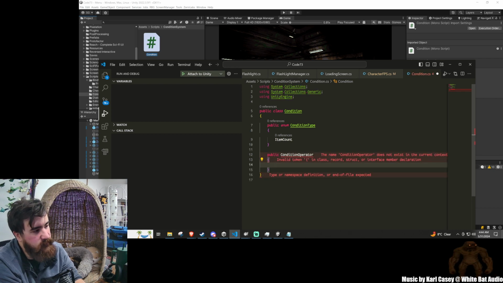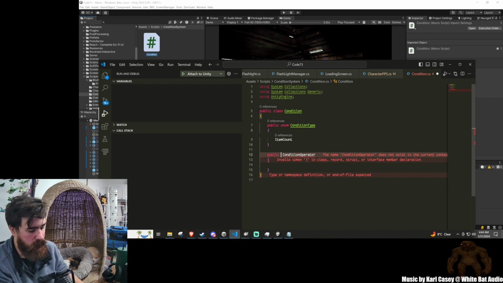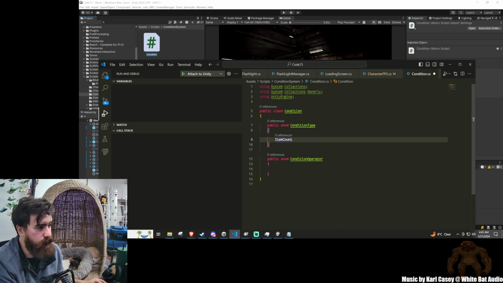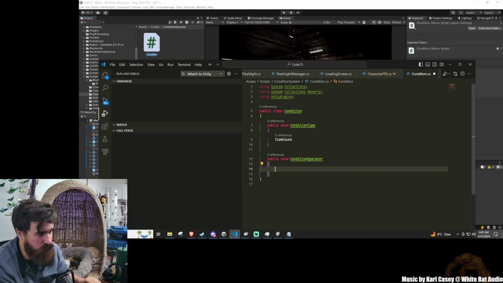Because I could have a condition type, I could make all my condition types. I can make a condition type for item count greater than, item count greater than or equal, item count lesser, item count lesser than or equal, item count equals, and item count does not equal. But then that's six things for every single time I want to have something that can compare itself to another number. So what I'm going to do instead